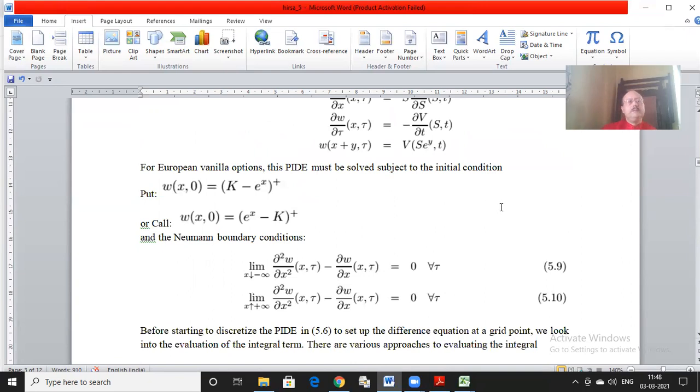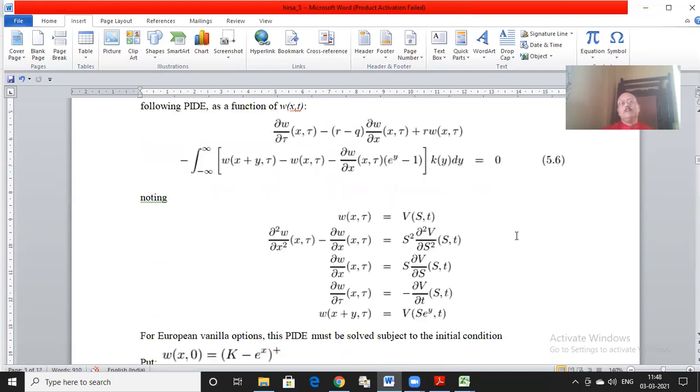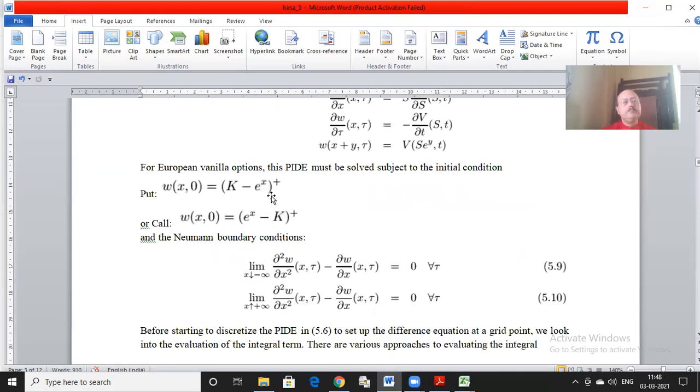So again, we start with simple vanilla options. For illustration purposes, as I said, we will talk about simple options: the European put and European call. Now in our changed notation, the put payoff will be given by this and the call payoff will be given by this. e to the power x is nothing but the stock price, because we are working on the log transformation. So we will talk about pricing these two contracts